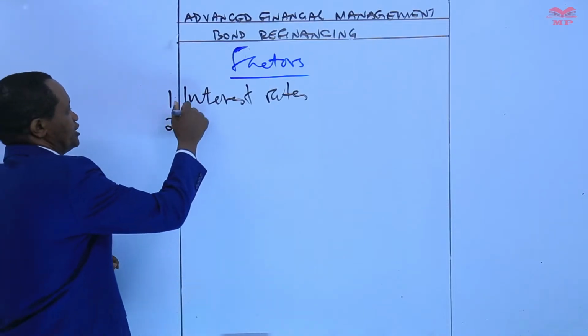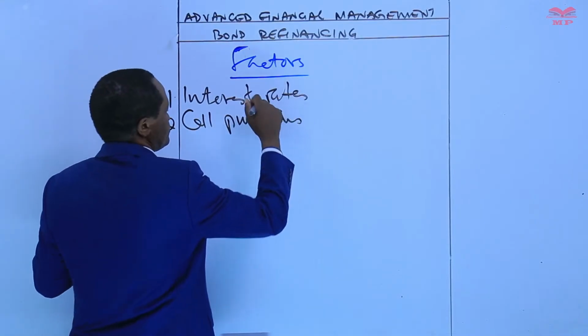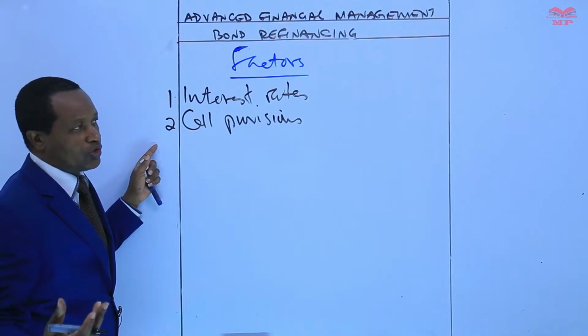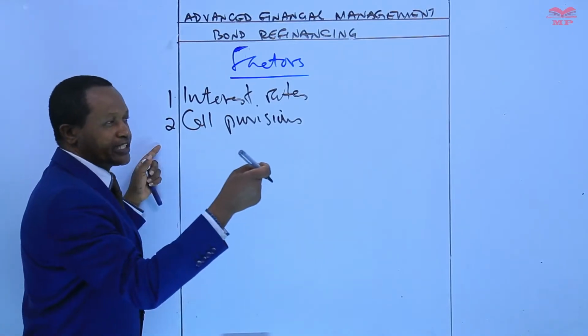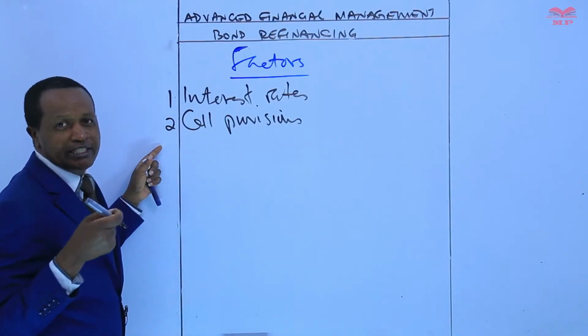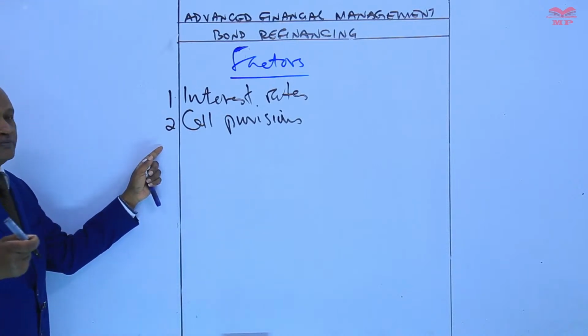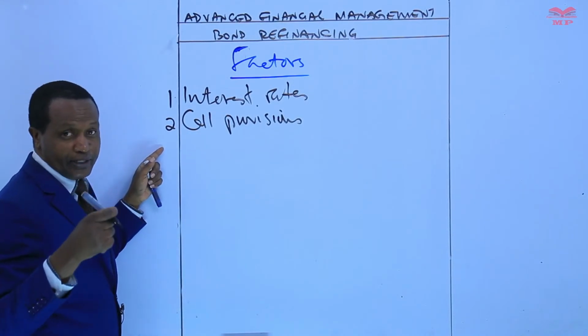The second factor is call provisions. Many bonds have what we call call provisions. These are provisions that allow the issuer to redeem the bonds before maturity. However, before redeeming such bonds, the company may need